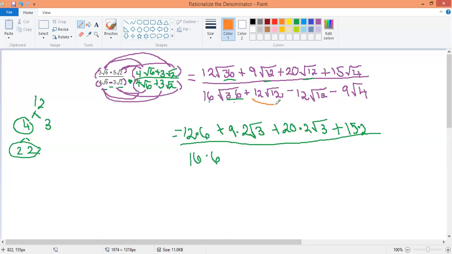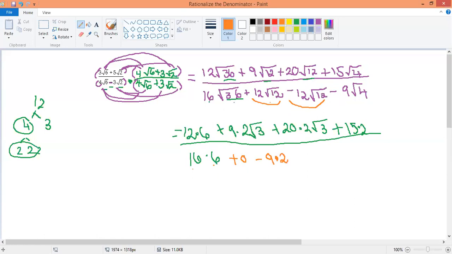This says 12 square root of 2 minus 12 square root of 2. What's going to happen is this is a positive, this is a minus. 12 minus 12 is going to be 0. So this actually ends up being plus a 0. And then you've got minus 9 square root of 4, which is 2. So 9 times 2. So now if you notice in our denominator, we've got 16 times 6 plus 9 times